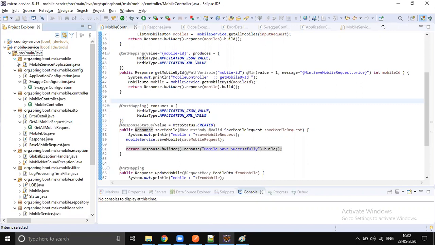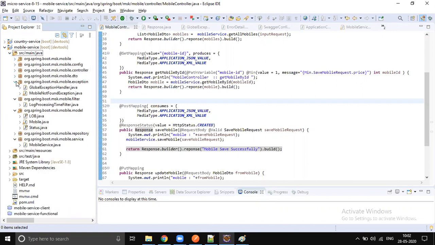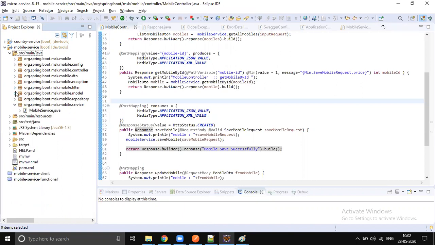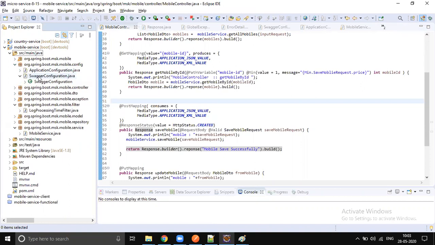I think in next week itself, all these things I will pull out from this service and put it in a common place. Right? All these things are not common. Validation is not common. Filter is not common. Global exception handling is not common. And Swagger is not common. And tomorrow we will learn AOP. That is not common. So we will take all those concepts out of this mobile service and put them in the common place. Right? Just now I showed you the mobile common.